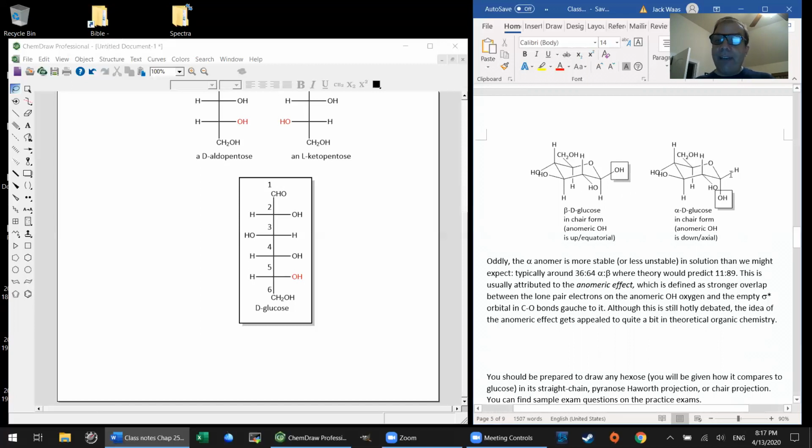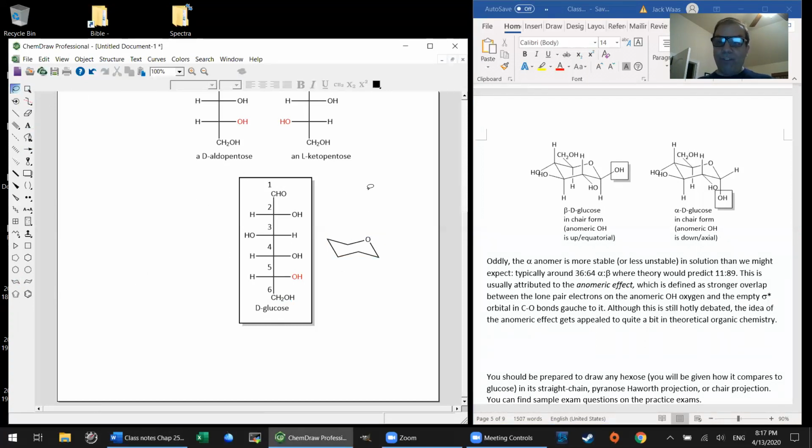So, like I said, this also turns out to be a convenient way to draw them as well. And I'll be honest, I have never memorized the Haworth projections. If I ever need to draw a Haworth projection, I just draw the chair form first, and I get it from the chair form. Why? Well, actually, before I get into that exciting bit, I do need to point out that your chair needs to be exactly that shape. It has to be this particular shape, not the other one, and the oxygen has to be back here for it to be correct.